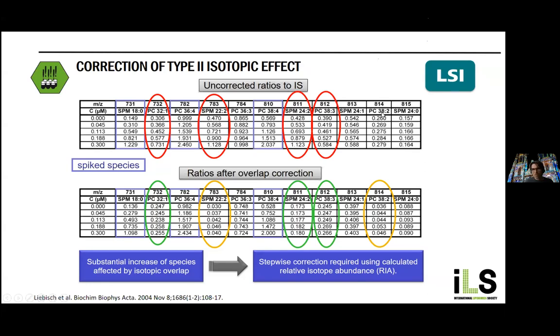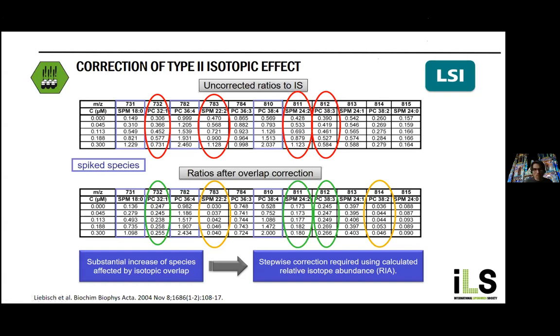For instance, this PC 38-2, it's present only at a minor concentration. You see that here after correction. But if you omit correction, you would have here a substantial amount of that species calculated. So that is a really important step, and you have to keep that in mind for direct methods, and also